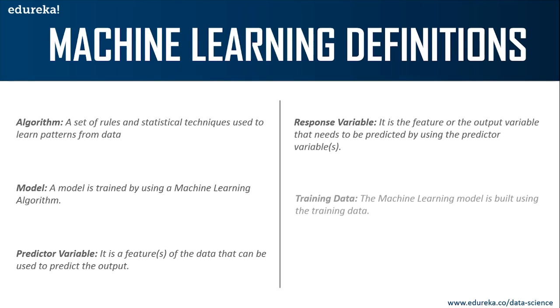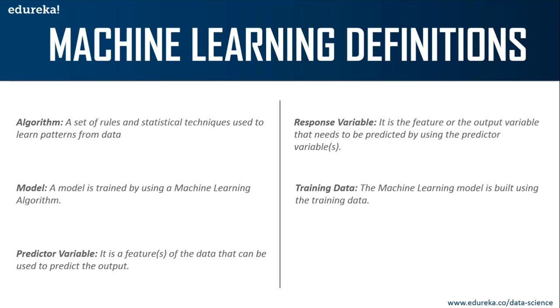After that, we have something known as training data. So guys, the data that is fed to a machine learning model is always split into two parts. First, we have the training data and then we have the testing data. Now, training data is basically used to build the machine learning model. So usually training data is much larger than the testing data, because obviously if you're trying to train the machine, then you're going to feed it a lot more data. Testing data is just used to validate and evaluate the efficiency of the model. So that was training data and testing data.